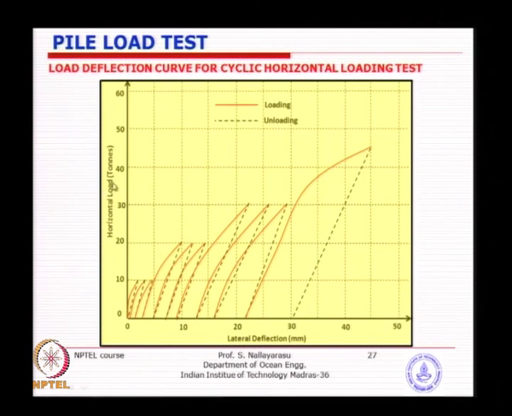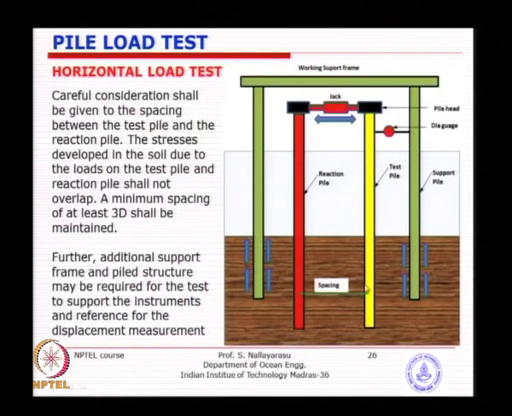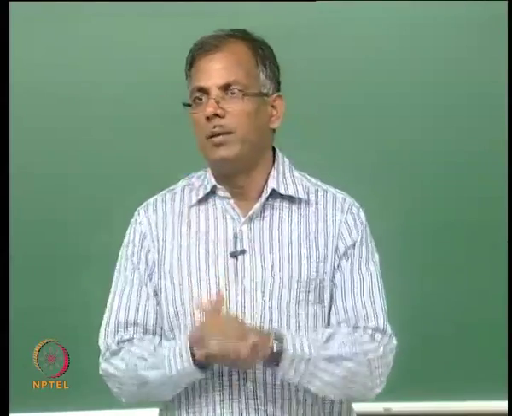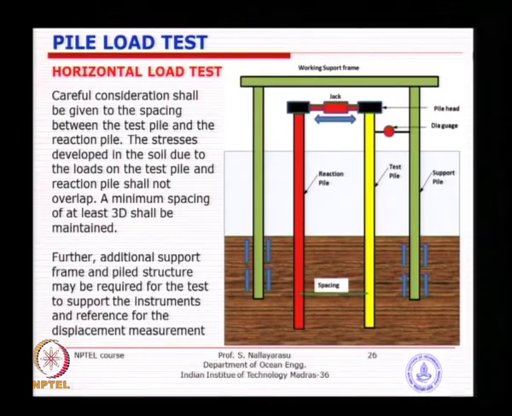Here it will all be restricted by the pile horizontal shear, because if the soil does not fail, what will happen? The pile will fail. So if you look at the shear capacity of the pile, that will give you the maximum magnitude to which you can test. In fact, you will apply a factor of safety on it. What you do not want is the system to fail before the soil fails. System means the pile itself or the anchor pile itself. So you will find out the bending capacity of the pile, the structural capacity and shear capacity. Make sure that you have sufficient factor of safety on the structural system prior to going to the ultimate load test, because you do not want the system to fail, as it will be a catastrophe.